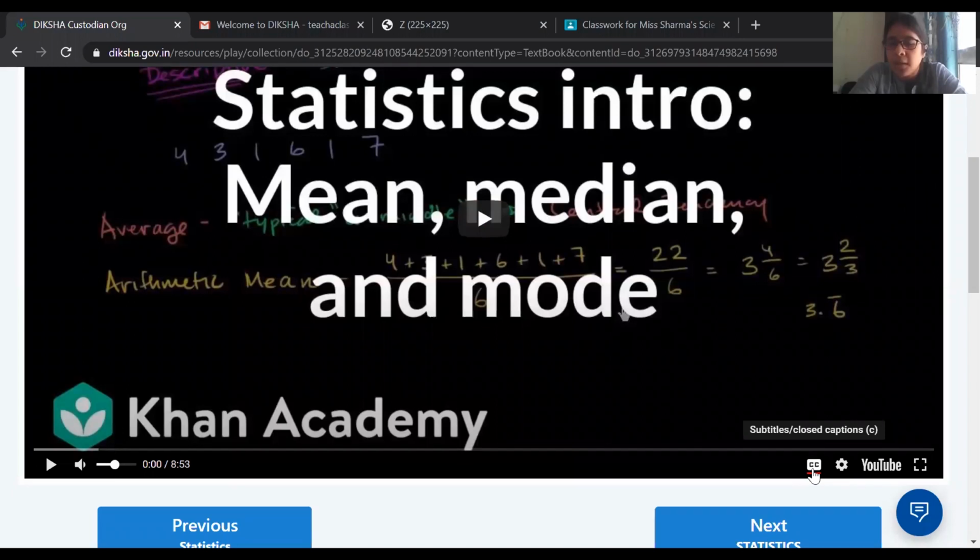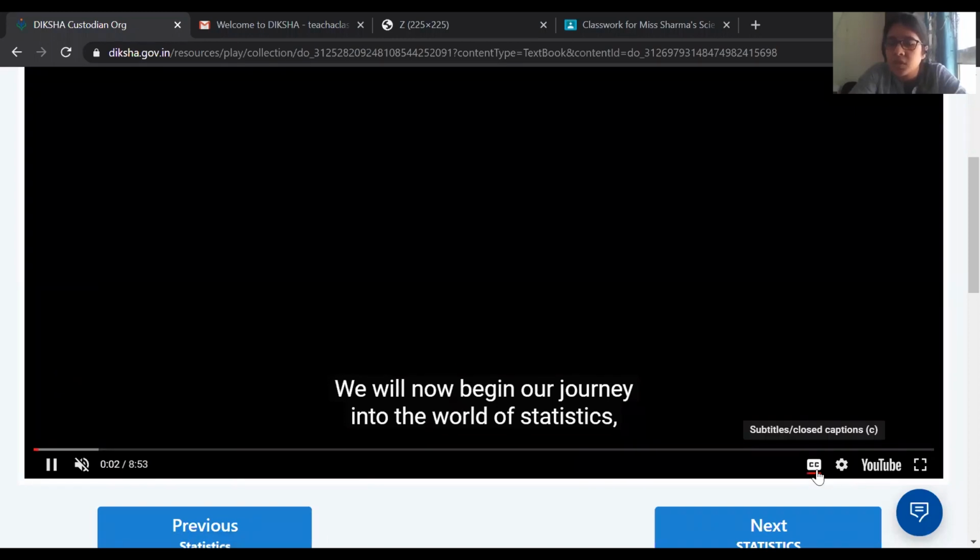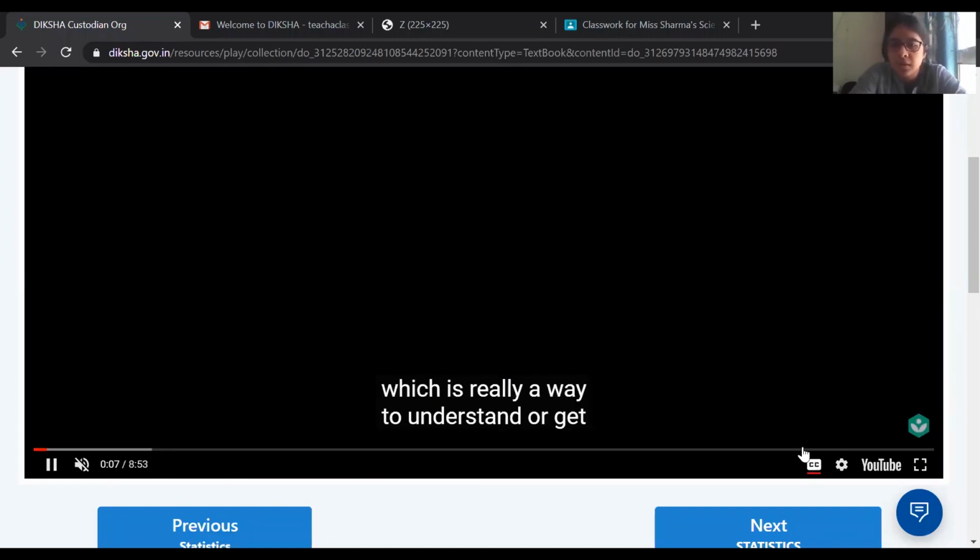Similarly, if you want the captions, for when they are speaking, if you are not able to understand the accent sometimes, then you can just switch on the captions. And whatever they speak, you will be able to see at the bottom. So if this video is playing, and now since I have switched on the captions, I can see what they are saying. I put it on mute so you can't hear it. But if I switch off the captions, I can't read what they're saying. Similarly, if I want it to be full screen, I'll just click over here. And there are some other settings which you can do with the video.